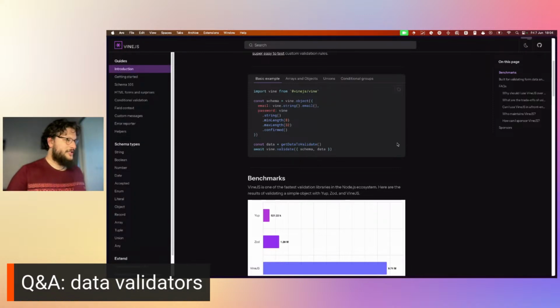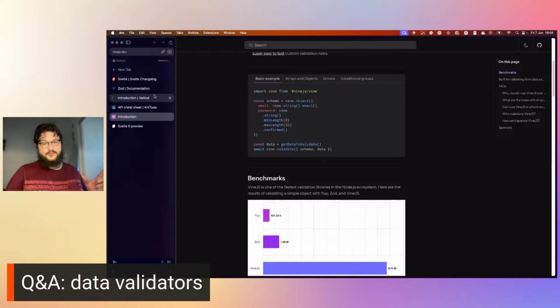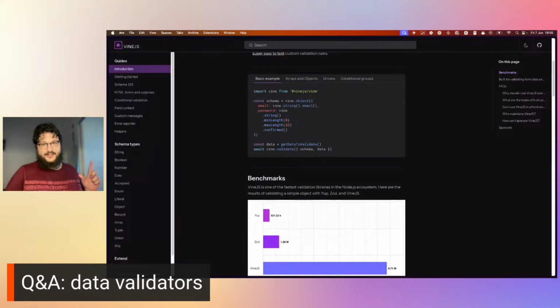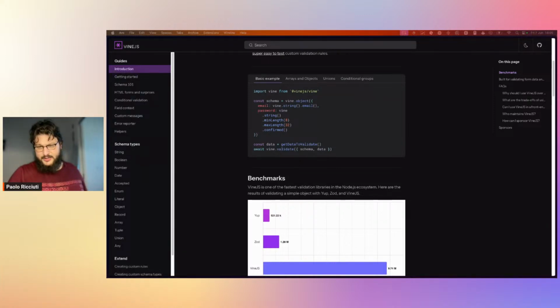I hope you didn't suffer too much through it, but this was a brief introduction to data validators, which I think is interesting. But now let's jump back into Svelte, because we are this week in Svelte overall. So let's jump back into Svelte. I will change this banner. I will hide it. I will change it. And I will say Q&A. Actually, yeah, Q&A. How to use